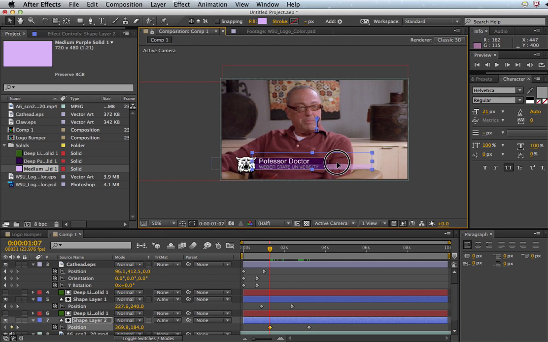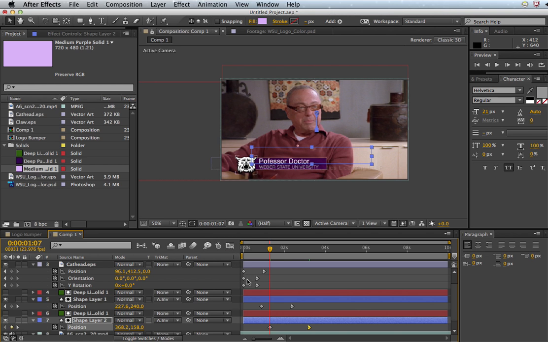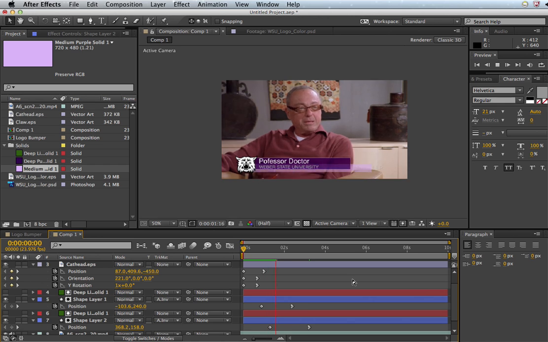Move it up here so it disappears behind the green layer, right? Which is now invisible. Add some easy ease in. I'm going to go into my graph editor, make that whip down. So this is moving fast, moving 0. Moving fast, moving 0. So, whoop. How do you get